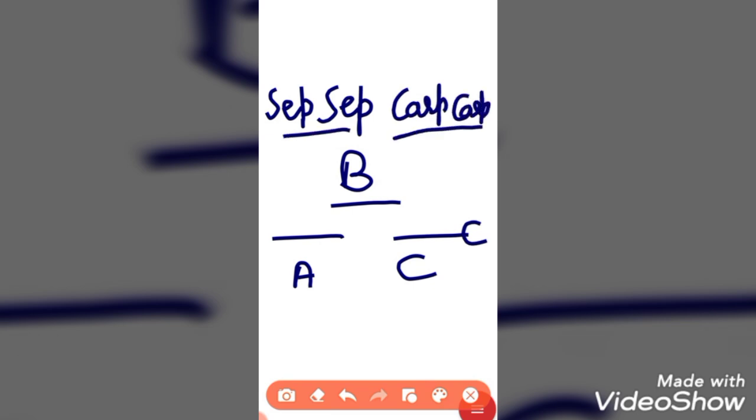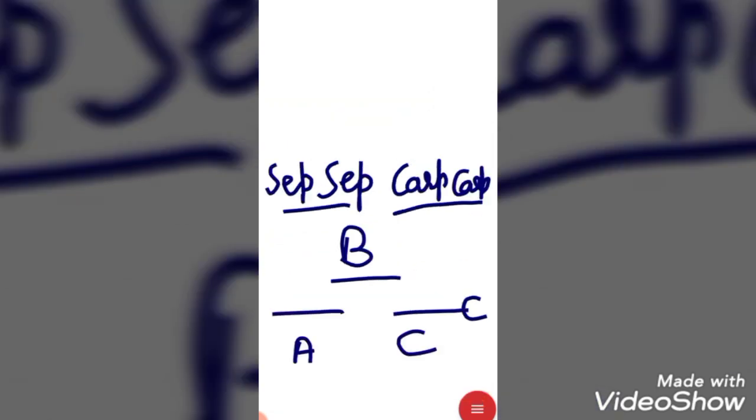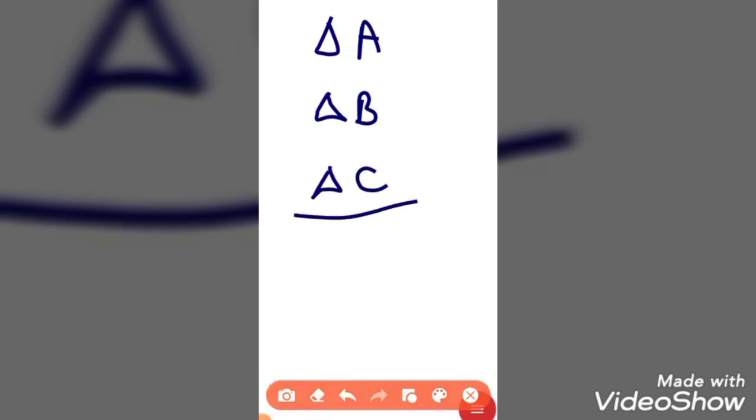So carpel and sepals will only form, not the male reproductive system, as well as the petals will be absent whenever the B will be mutated. So this is all about the ABC model of flower development, and I also told you how the questions are asked. Generally the questions are asked on the mutation cases, that when the A is mutated, B is mutated or C is mutated, what will happen.